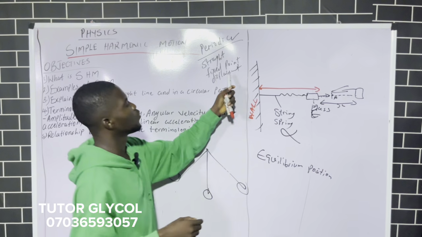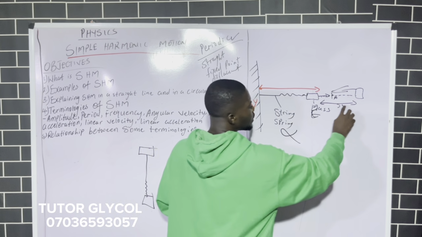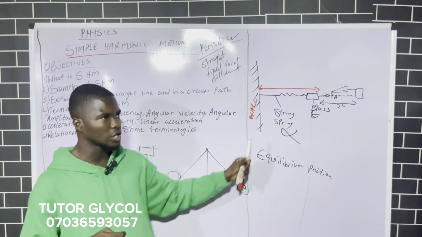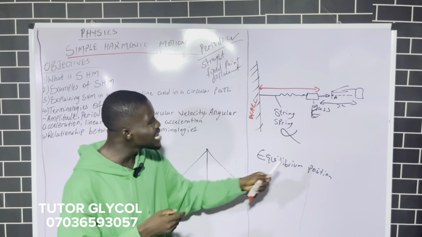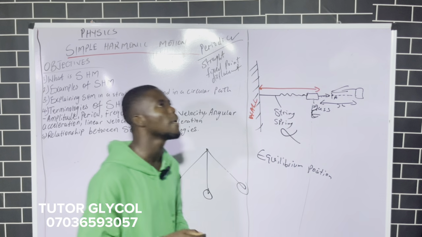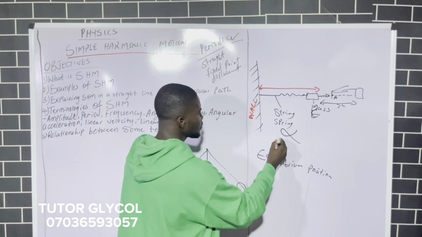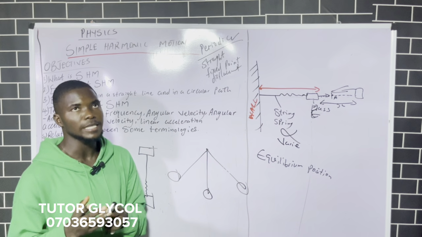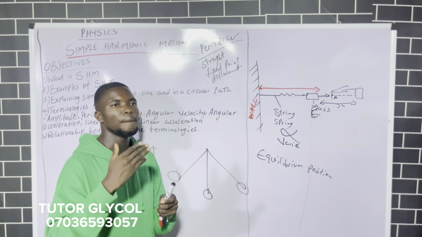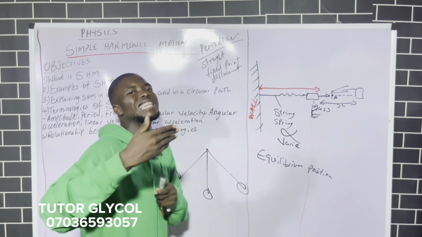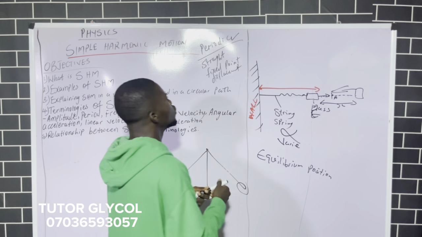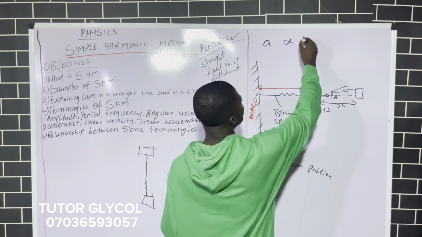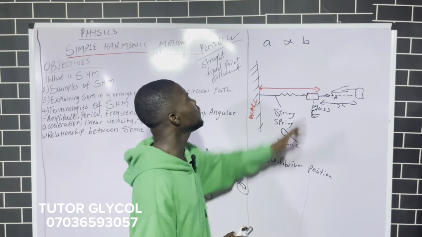Now the last one, which is the point for displacement. This is the displacement, right? Displacement x. We said the acceleration is not only moving towards the fixed point, we also said the acceleration is proportional to the displacement. The word proportional means vary. So when you hear the word vary, what does vary mean? Vary means that a particular quantity is going in line with another. Let me give you an example. If I say A is proportional or varies with B, what it means is that if B is increasing,